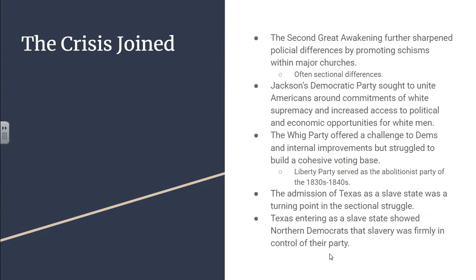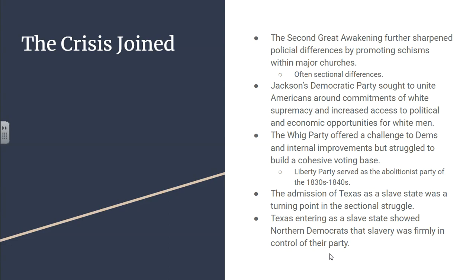All right, so keeping with this sectional crisis that the chapter revolves around, I'm going to focus on the political sectionalism of the time. So a couple of things. The Second Great Awakening creates this divide amongst America's religious communities. You begin to see major churches like the Baptist and Presbyterian Church breaking up into sectional branches, a Northern and a Southern Baptist church, with pretty much the main difference being their views on slavery.